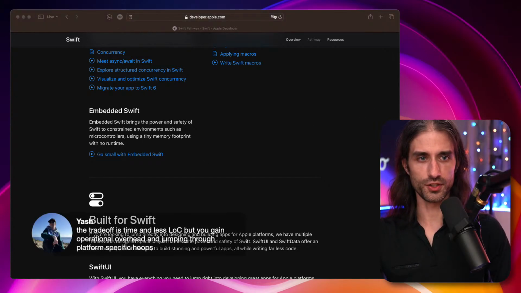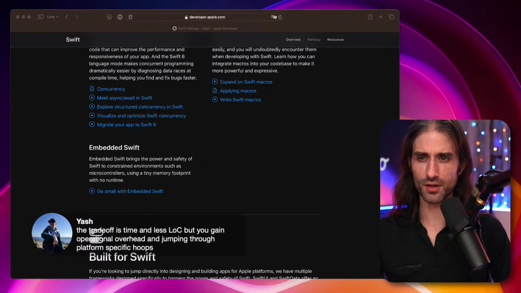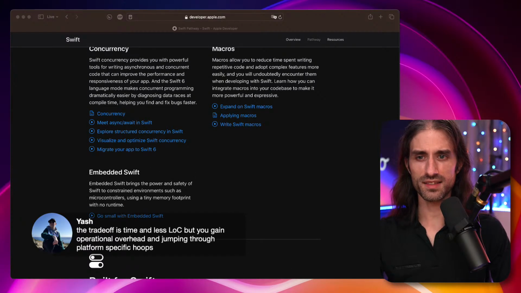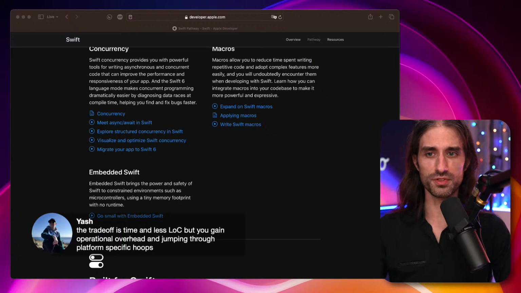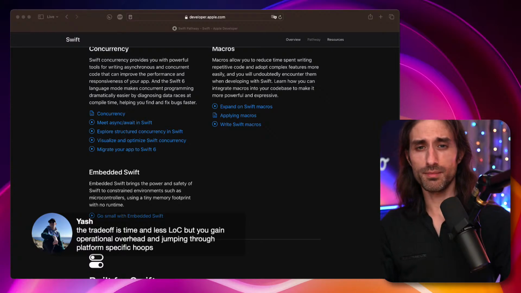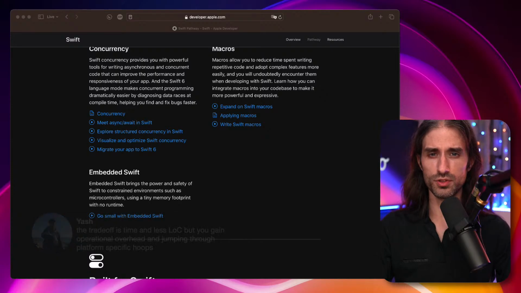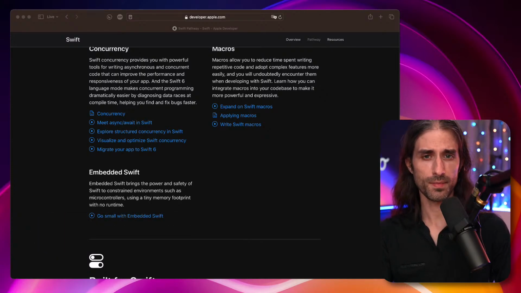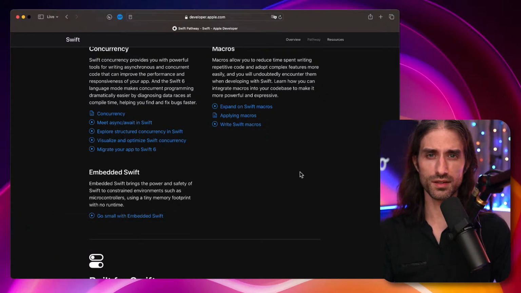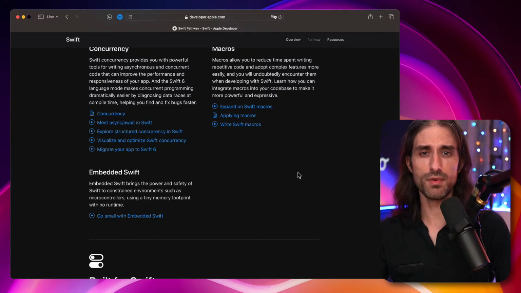When I see a message in the chat about cross-platform, the trade-off is time and fewer lines of code, but you gain operational overhead and jumping through platform-specific hoops. Yeah, absolutely. What my colleagues in my previous job had told me is that at best, they estimated that they would gain like 30% by using these cross-platform tools, but you never gain more than 30%.